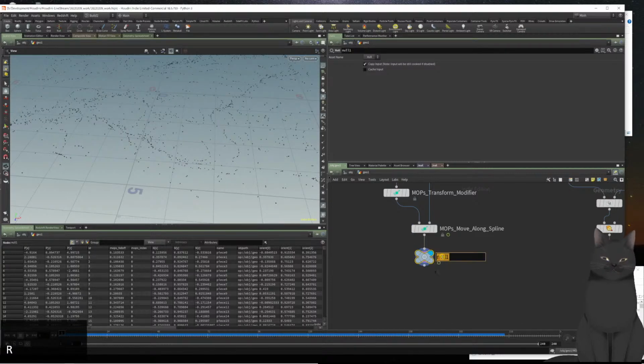So as I mentioned, in this case I want to render this as particles and not as instances. So I've got to take